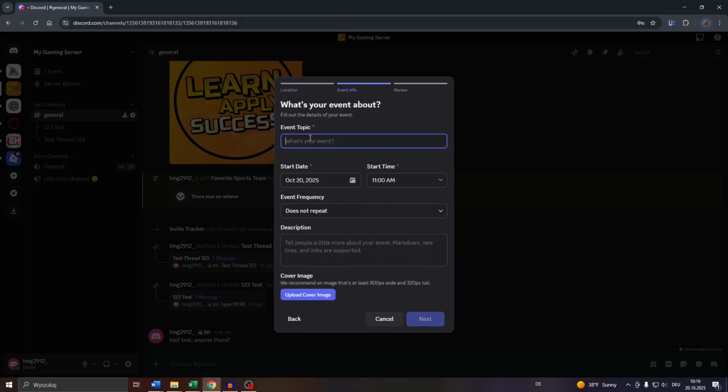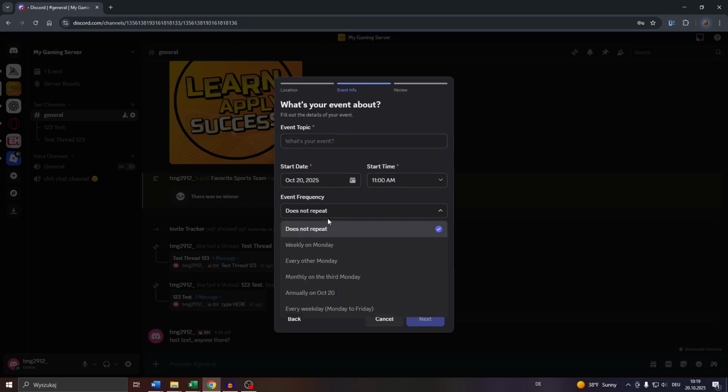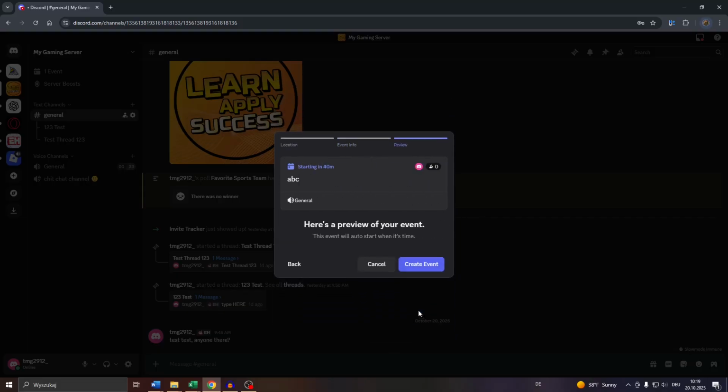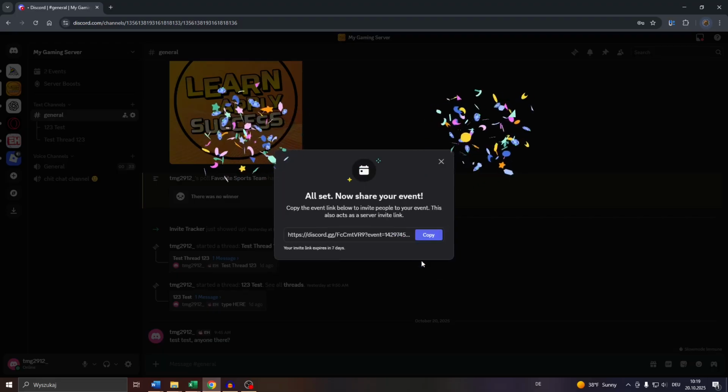Add an event topic, select the start date, start time, the event frequency if you'd like to repeat it, and so on and so forth. Let us skip all of that, guys. Let me just name that event for the sake of the tutorial ABC. Click into next here, create the event, guys, and once the given event has been created, you will be given